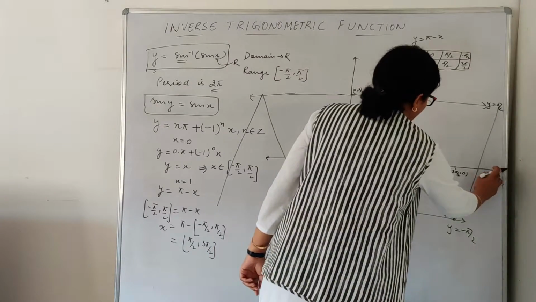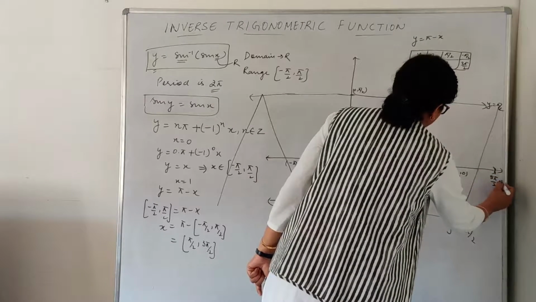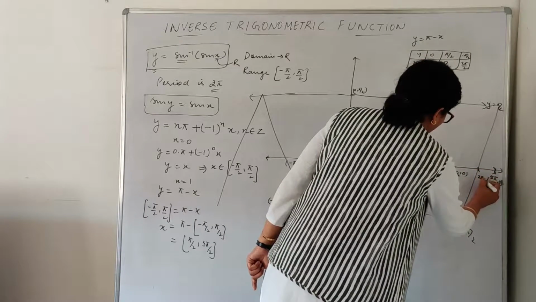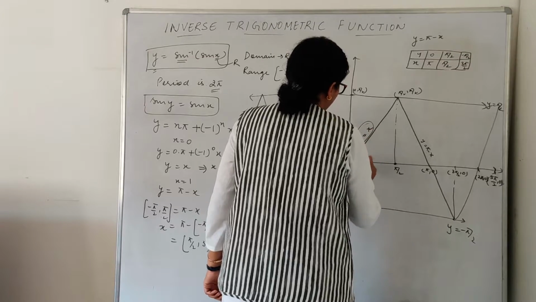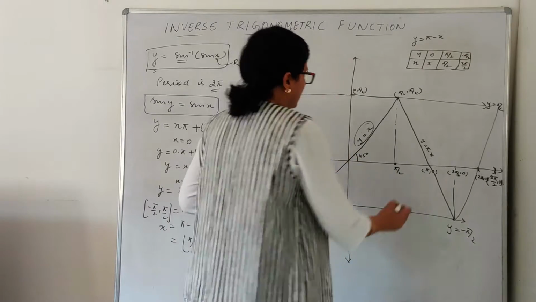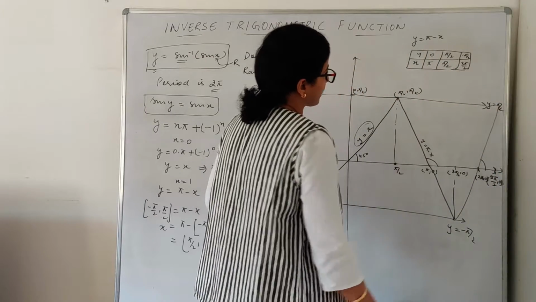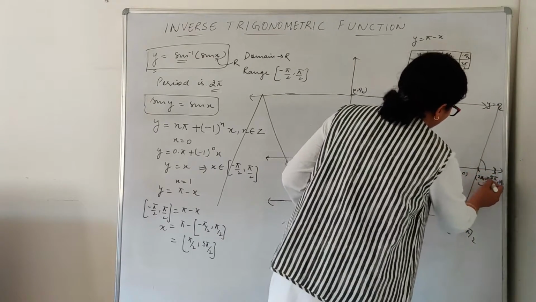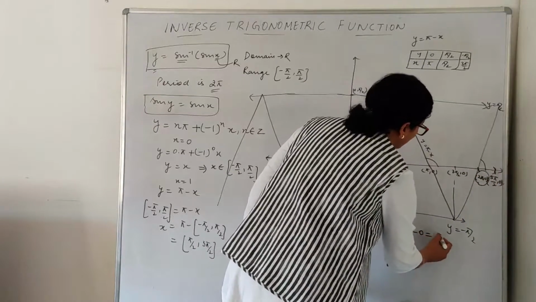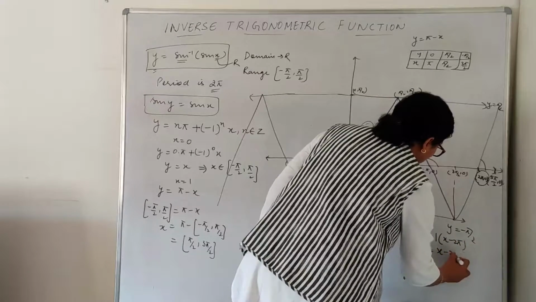So whenever my angle lies between, say for example, 3 pi by 2 and 5 pi by 2, this line should give me the solution. What will be this point? 2 pi comma 0. Okay, when we are talking about y is equal to x, it means it is making an angle of 45 degree. Correct? This is the slope. Here 135 degree. Here again 45 degree. So we'll find the equation of this line using the passing point and 45 degree. So y minus 0 is equal to 1 times x minus 2 pi. So y is equal to x minus 2 pi.